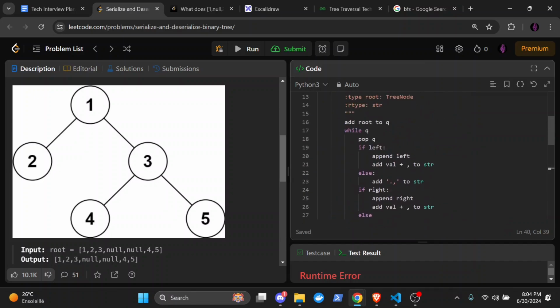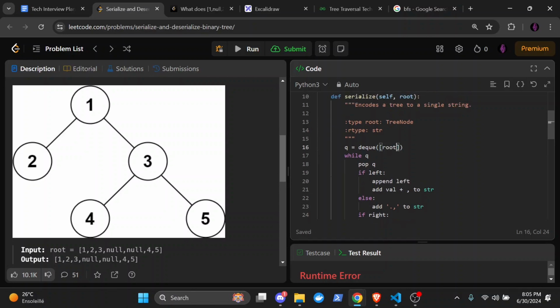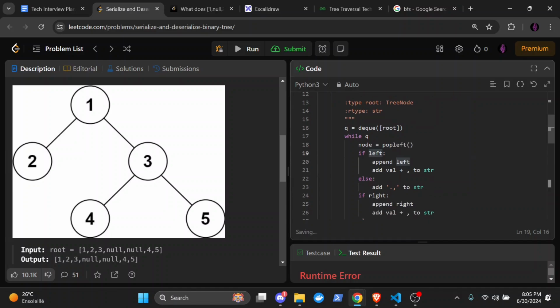So we make a q equals dq, and then let's add this root, which basically can just be like this, right? And now while the q, we pop q, which is node equals pop left. So if node dot left, then q dot append node dot left,